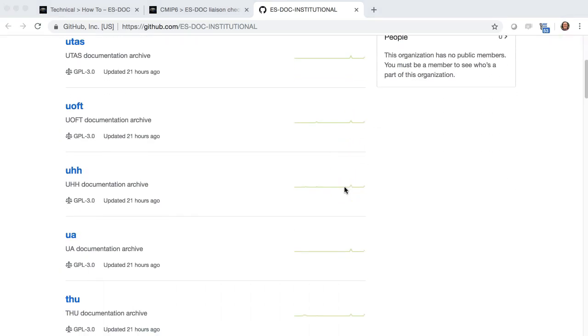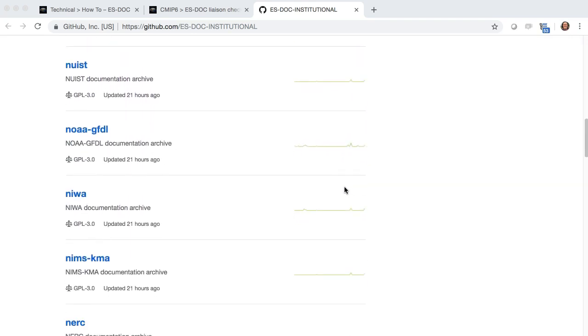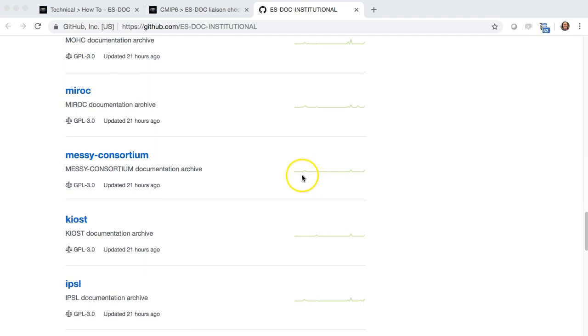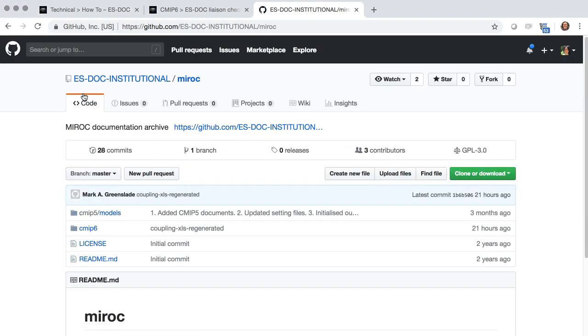You'll see a list of repositories, one for each institution. I'm going to select Miroc for this example. Here you'll find a CMIP6 folder. There may also be a CMIP5. Under CMIP6,